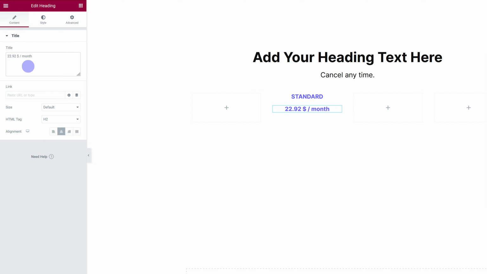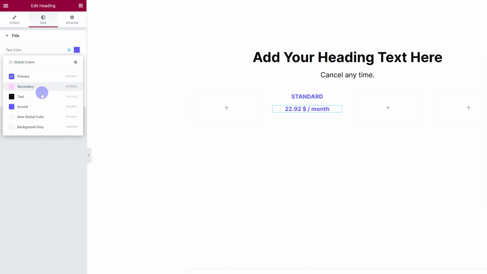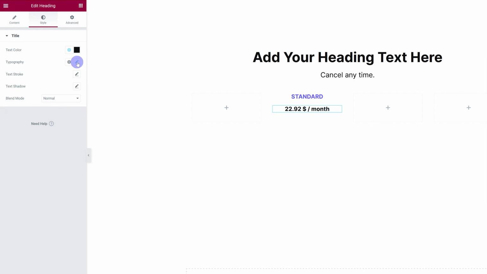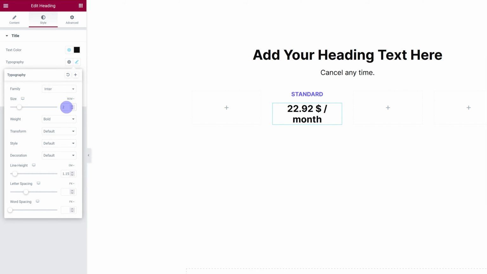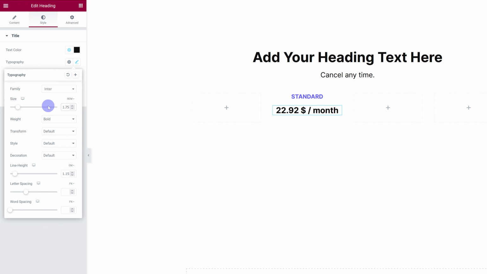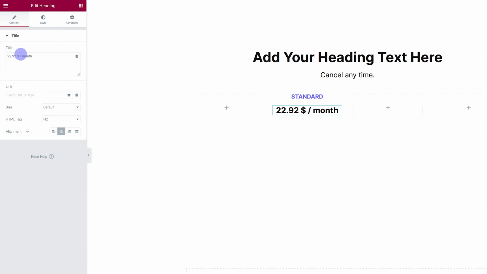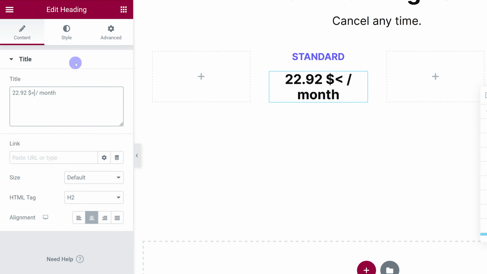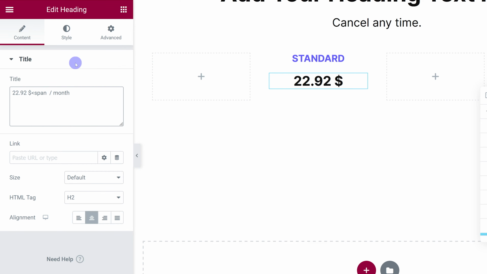And now we're going to type in a little bit of CSS. You can avoid this if you want to. I'm going to go ahead and style this, make it black, make it bigger by default. So 1.75 rem should be just about right. And then I want to make this slash and month smaller. So what I'm going to do is I'm going to type in angle brackets and type in the word span, and then space style equals quotation marks font-size colon 1rem, and finish it off with